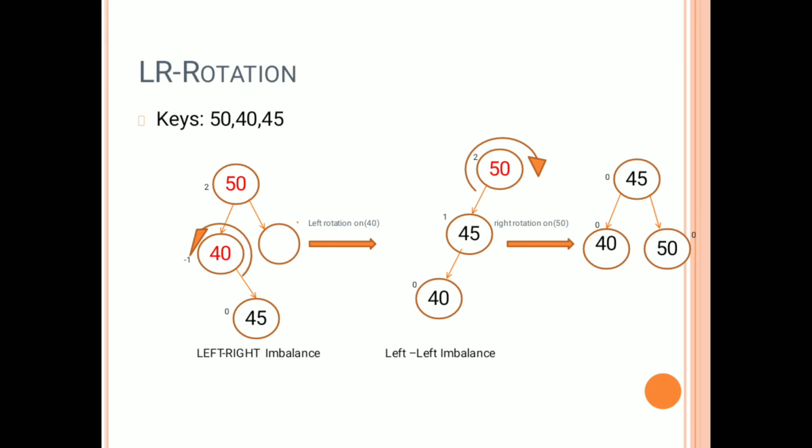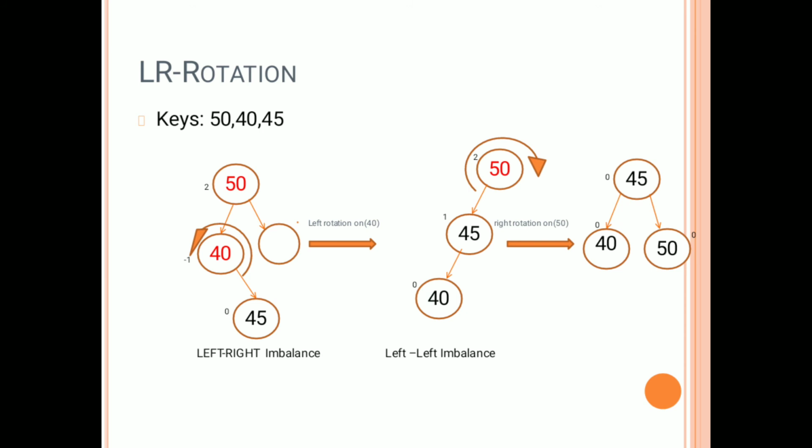It has two weights on the left side, so it is heavily weighted on the left, because of inserting an element at the right of the left subtree. So to make it balanced, we need to rotate left one time. So rotate the tree with respect to the position 40. Now 45 became the root node and 40 became a subtree of 45, because 40 is less than 45.